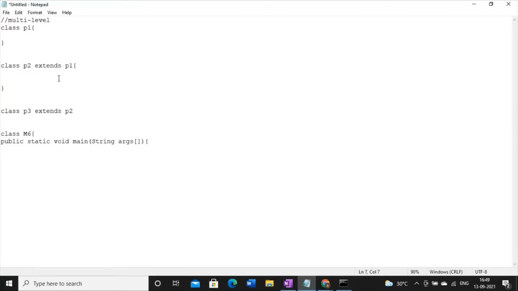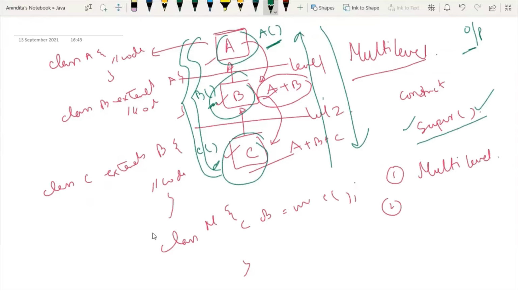P2 extends P1, P3 extends P2, just like this. P1, P2 and P3. So this is the inheritance.